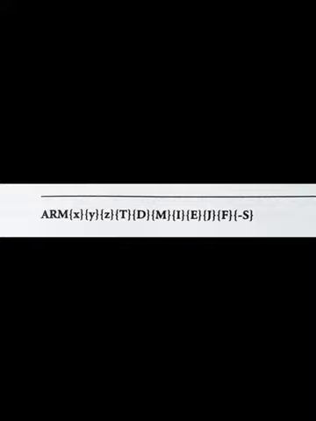That means ARM X, ARM Y, ARM Z, ARM T, ARM D, ARM M, ARM I, ARM E, ARM J, ARM F and ARM minus S. The X indicates the family, Y indicates the memory management or the protection unit, Z indicates the cache, T indicates the Thumb 16-bit decoder, D indicates the JTAG debug, M indicates the fast multiplier, I indicates the embedded ICE